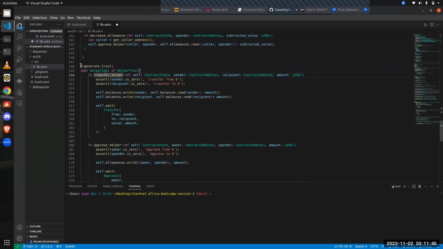So you can see that from this line 148 downwards, we have another attribute called generate trait. What this does for you is it's like,